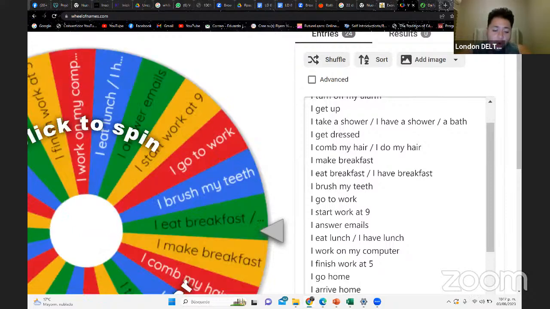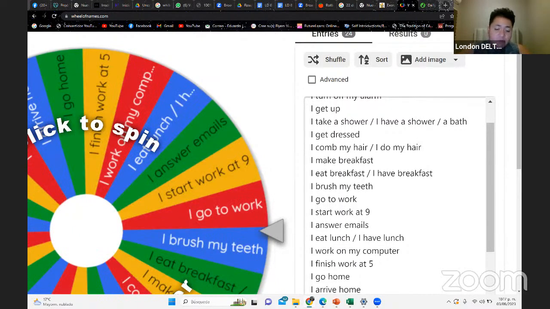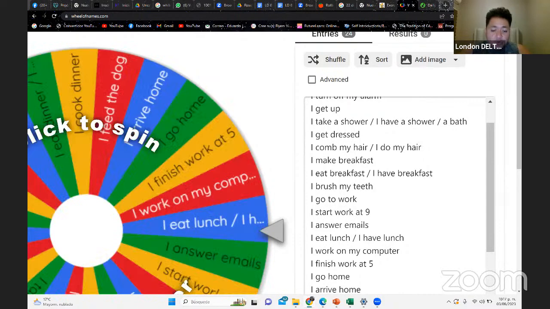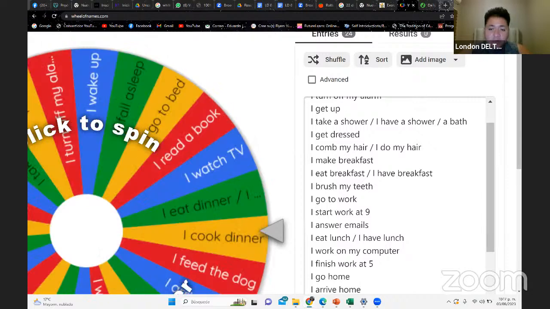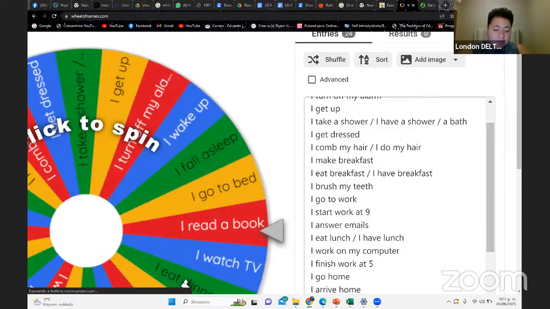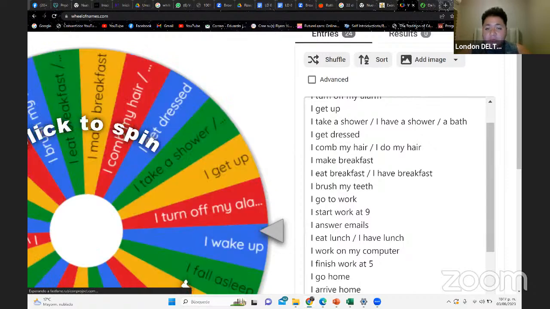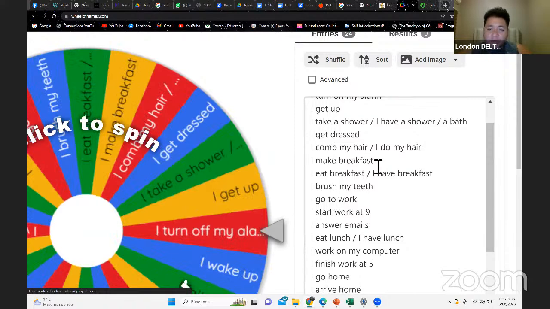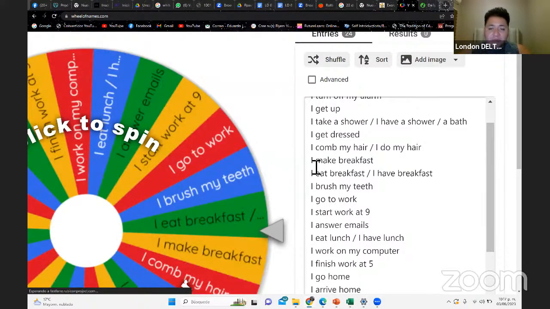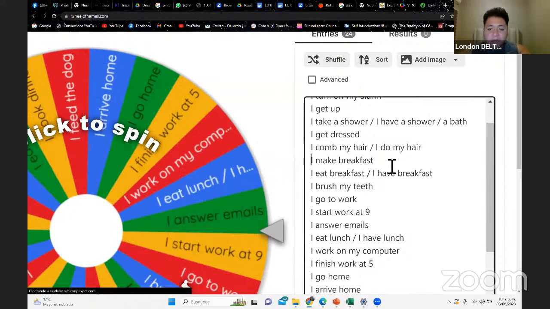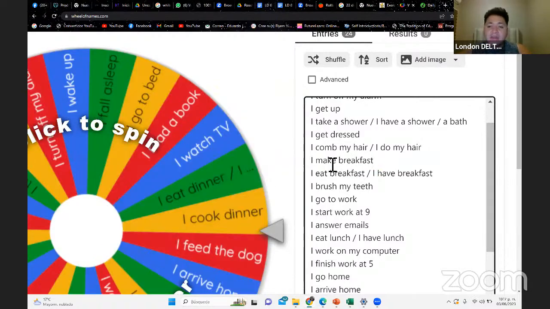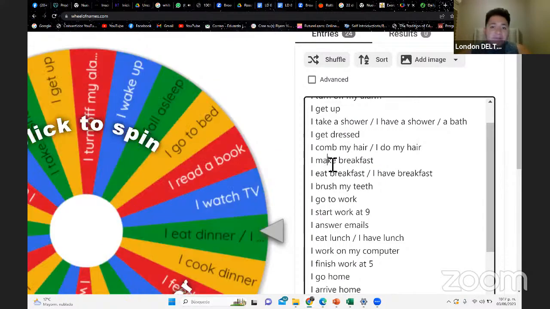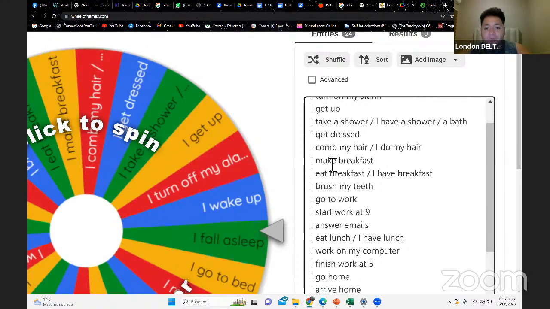For example, do homework, do housework, do a project, do research, hacer un proyecto, hacer una investigación, do exercise, okay? And make is more for things that you create, things that you cook, okay? Por ejemplo, aquí make breakfast es porque estás haciendo, o sea, creando literalmente, cocinando el desayuno, okay? That's why we use make. You can say, I make a cake, I make friends, I make money, okay?